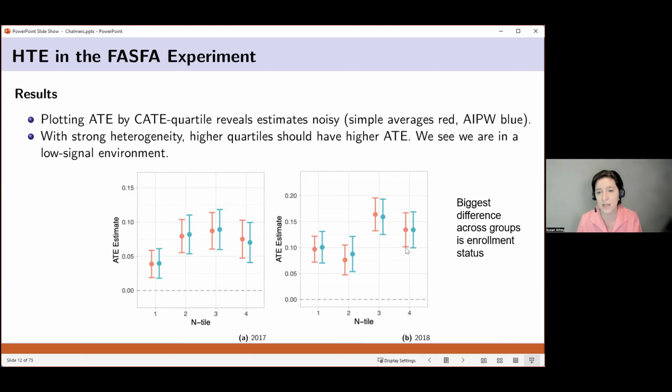And so the dots and the error bars in these pictures are basically just simple average treatment effects within a group. So we're using an algorithm trained on one part of the data to assign you to a quartile. And then in different data, we're computing the sample average treatment effect. And so this is essentially assessing the quality of our heterogeneous treatment effect estimation. So in an ideal world, these are upward sloping, and higher quartiles are uniformly getting higher treatment effects in test sets. And they're not here.